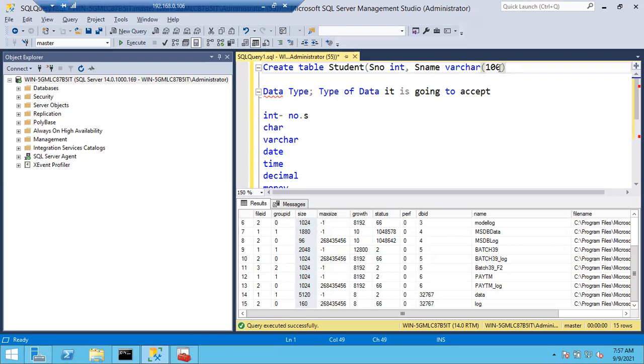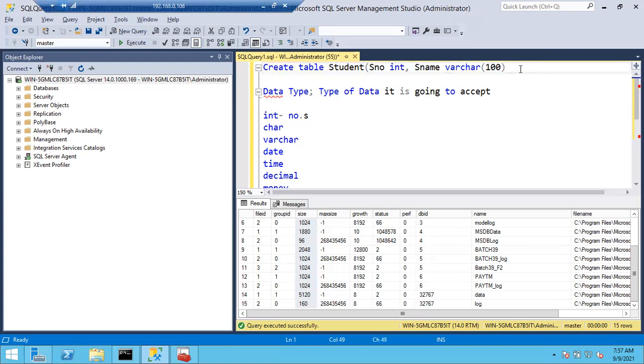And we have big names also. Srinivas Reddy is a big name. In 100 characters, it will take only as many as needed, might be 20 or 25. If you directly give char, using or not using, it will allocate 100. But if you give varchar, it will only take how much is needed. Even if you give 100 bytes, it will only take what it needs. Remaining will be used for the operating system. That is the biggest use of varchar, it saves storage.